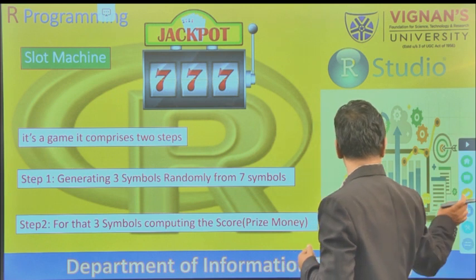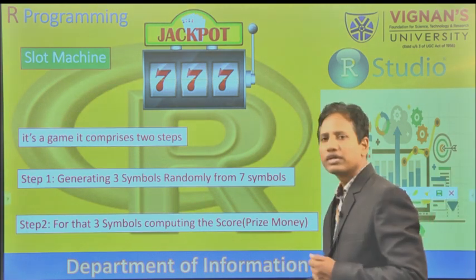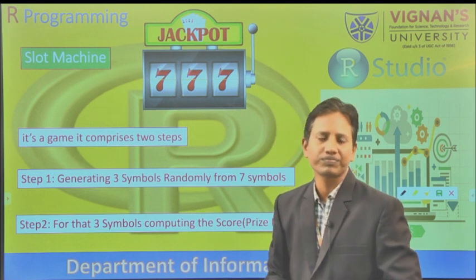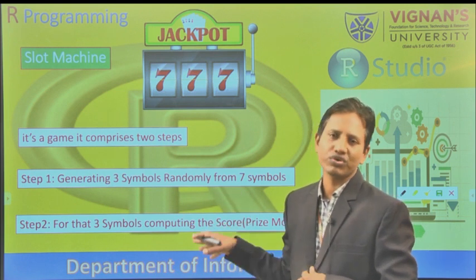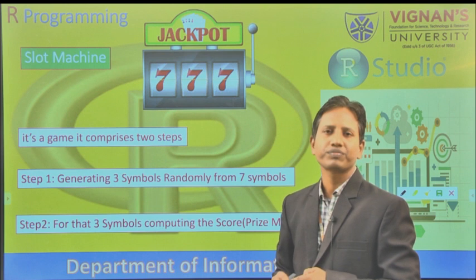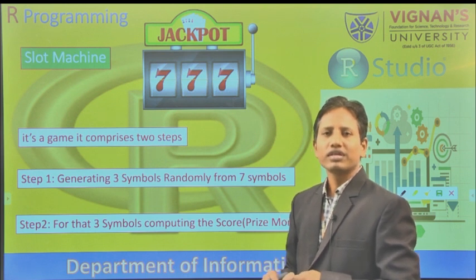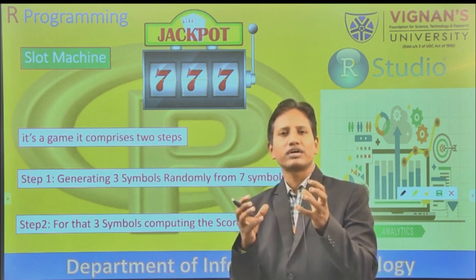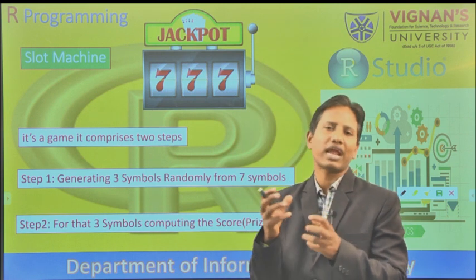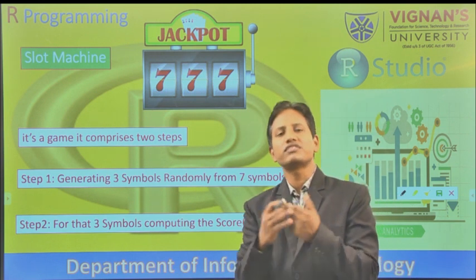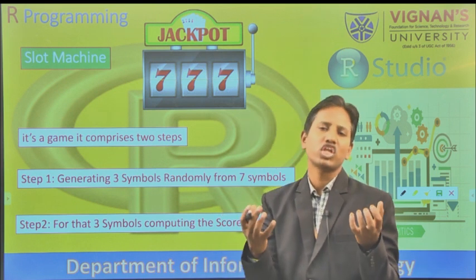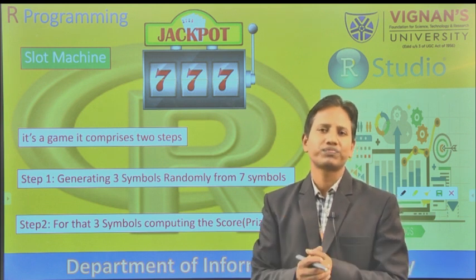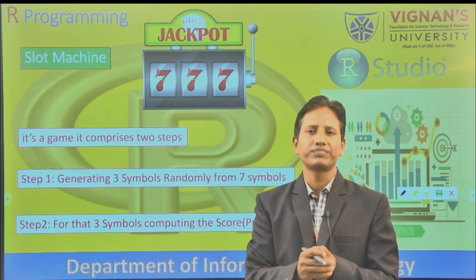Let's start the journey with the project, that is slot machine, and you will be shown a video related to this slot machine. The video shows that a set of symbols are going to be randomly chosen. If the symbols are in a proper order, you will be given some prize, or else it's not. This is what you might have identified.